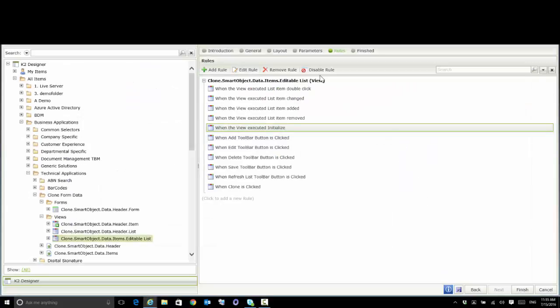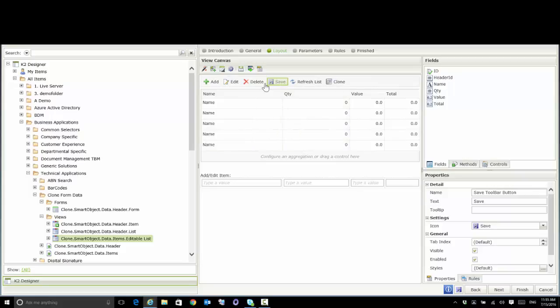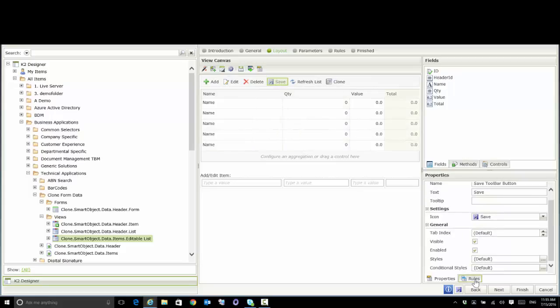All right, so this view, if it gets a header ID, it'll go and fetch the items for that header ID. Further to that, I've got a little save button inside here. So this is the default save that was generated. But what I've extended that to do